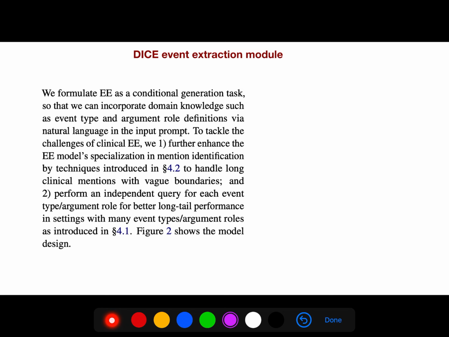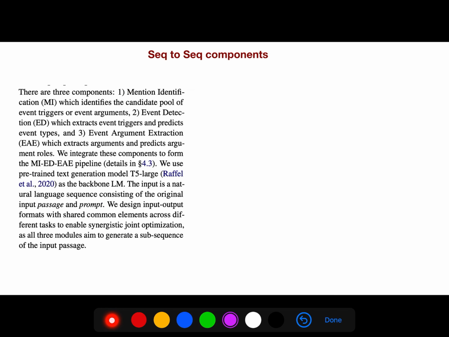We formulate EE as a conditional generation task so that we can incorporate domain knowledge such as event type and argument role definitions via natural language in the input prompt. To tackle the challenges of clinical EE, we further enhance the EE model's specialization in mention identification by techniques to handle long clinical mentions with vague boundaries, and perform an independent query for each event type or argument role for better long-tail performance. There are three main components: mention identification,